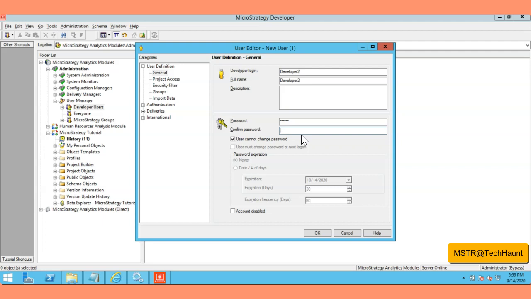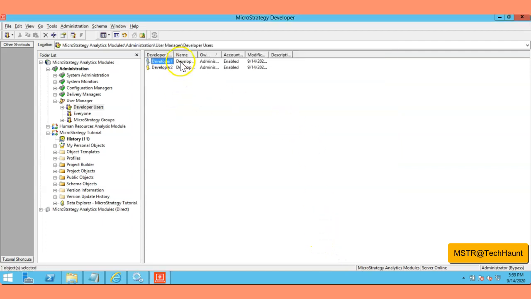All right, so we have two users under this developers group, and now we are going to configure our project access.